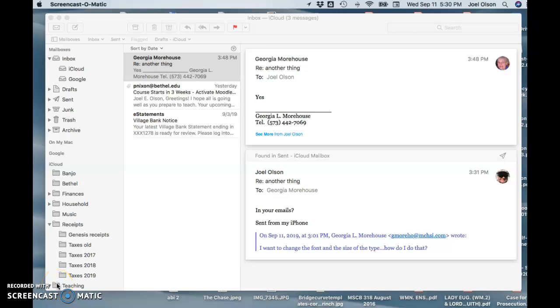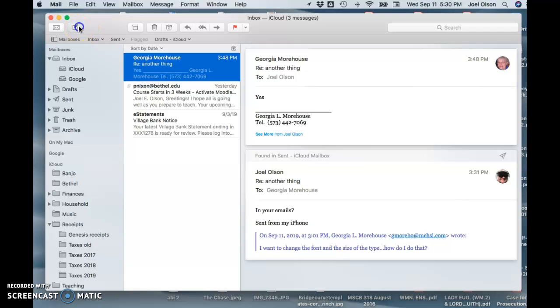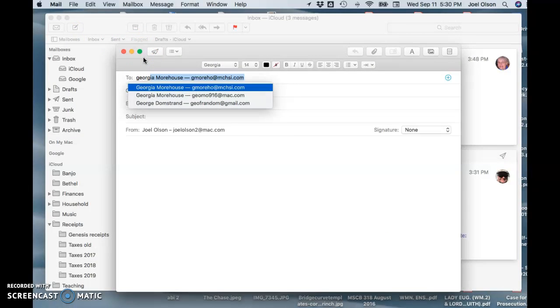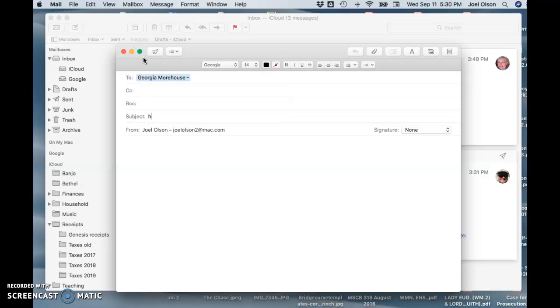I wanted to show you how you can change your email font. There are a couple of ways you can do it. One of the quick ways is if I type in a message to you,